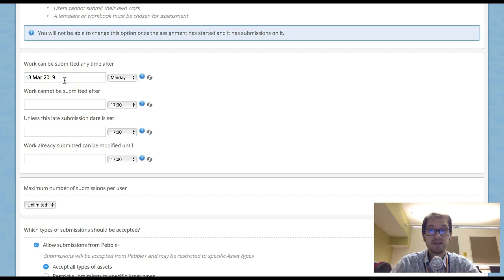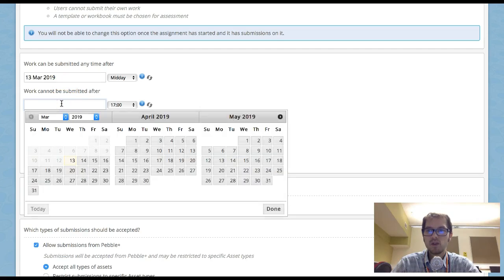Essentially it makes it available from straight away. From the point at which I'm creating this assessment, students will be able to submit to it, which is great. Work cannot be submitted after. So if we click in there, it handily brings up a calendar,